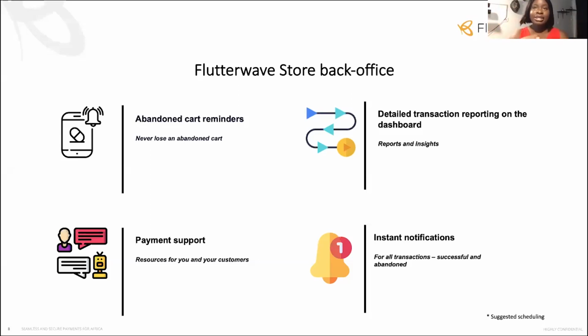The next thing is every time a transaction happens, whether it is abandoned or successful or failed, if a customer tells you they did a transaction and it failed, you can go into your dashboard and click on that transaction specifically, and you will see everything about what the user did up until when the transaction was successful or not. If a transaction failed, you will see why. If it failed because the customer didn't complete the transaction, it will be there for you. If it failed because the customer didn't have enough money in their account, it will be there for you.